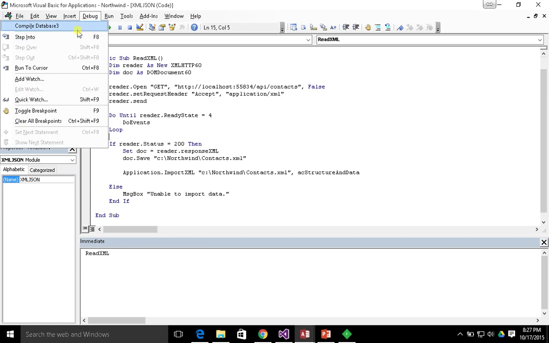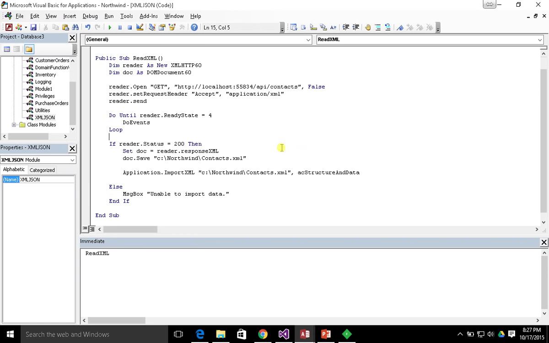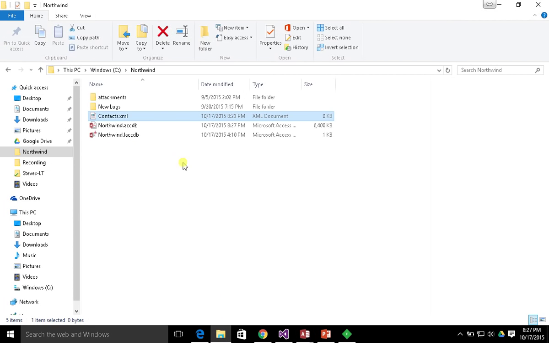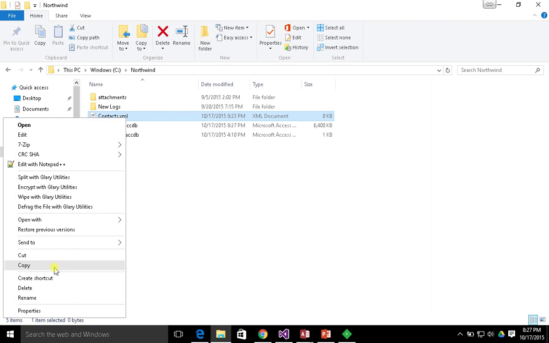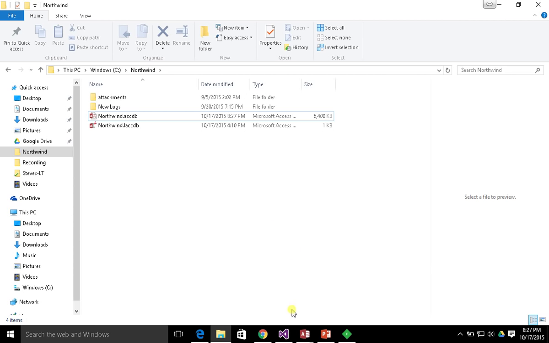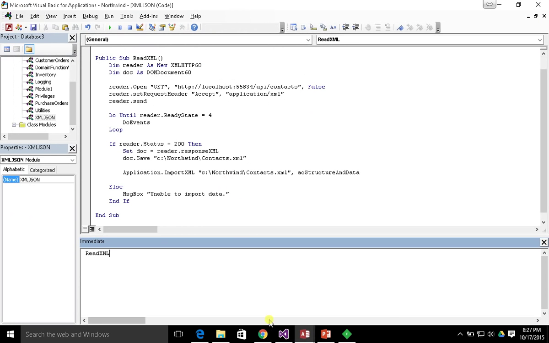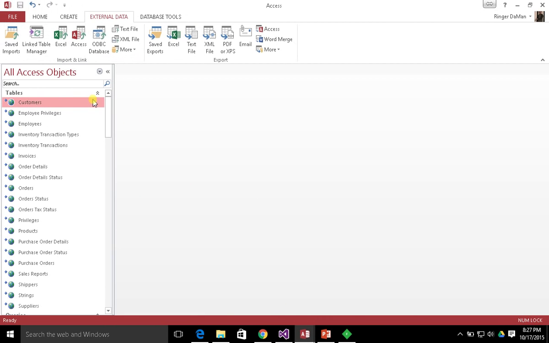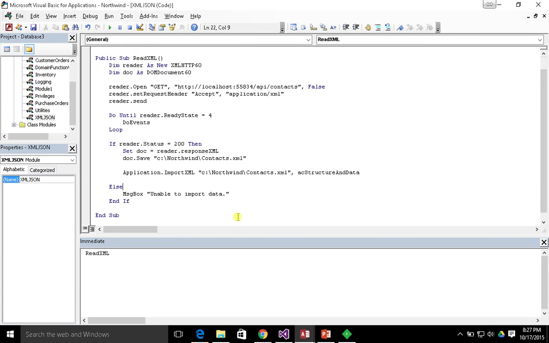Let's go ahead and save that. I'll go ahead and debug and compile just to make sure everything's good. And now, let me just go ahead and delete this because I don't want to have any overlapping data files. All right, and also let me check to make sure there's no tables. Yep, there's no table there yet. Okay, so let's go ahead and read XML, and I'll just step through the code here one time. Okay, so we're going to open, set our request headers, send,